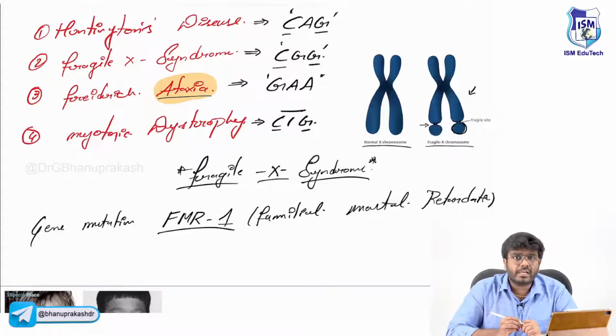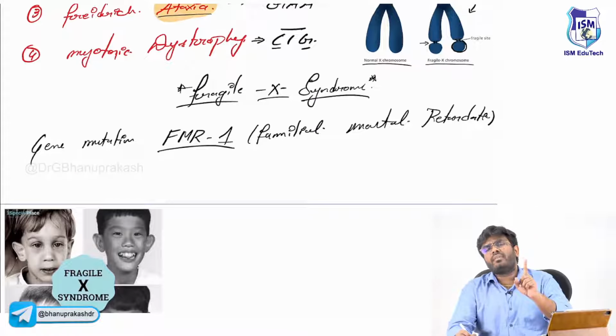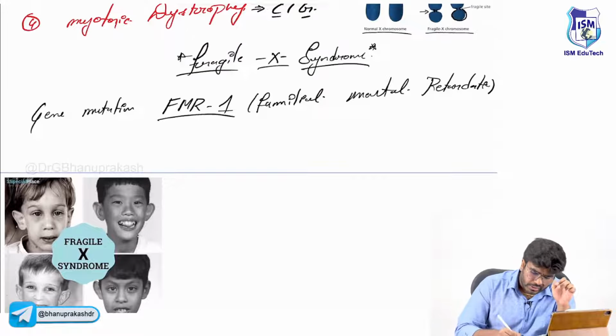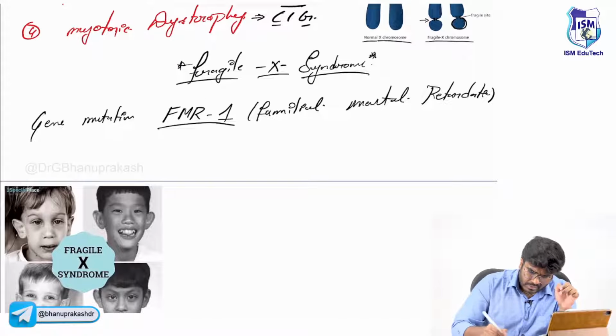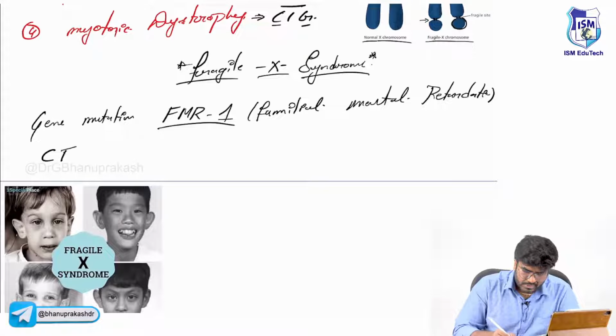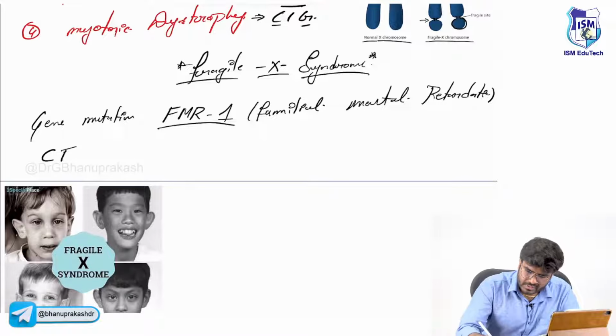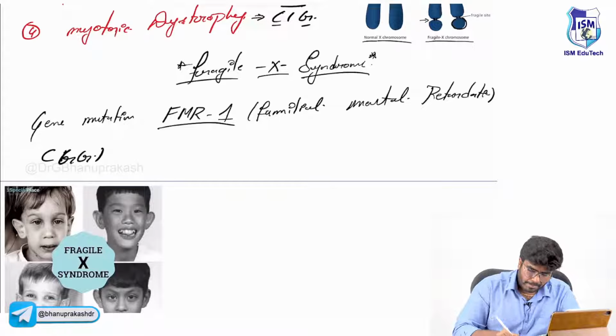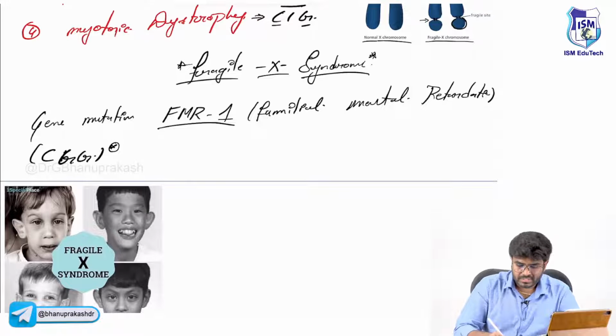So it's a familial mental retardation, one gene is going to be mutated, and you already know in Fragile X syndrome, what are the repeats? What are the trinucleotide repeats that are going to occur? In Fragile X syndrome, it is not CTG. Just wait. In this Fragile X syndrome, it is CGG. Okay, CGG repeats